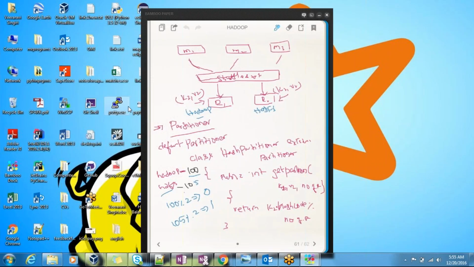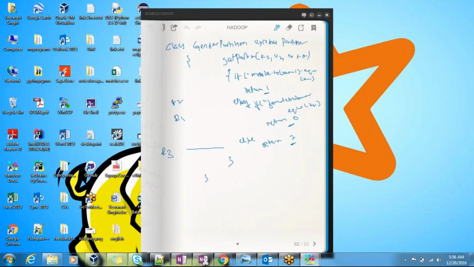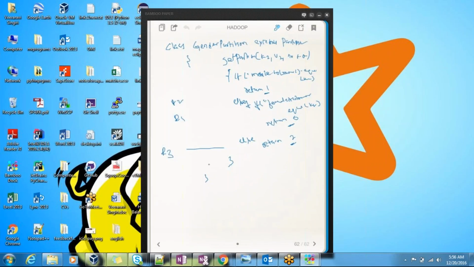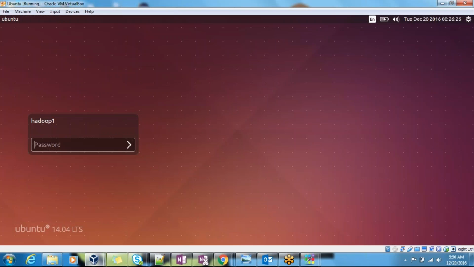That's the main question. Using a partitioner, after completing your mappers, as soon as the mapper output is completed, a partitioner will be executed. What that partitioner does is decide which key-value pair has to go to which reducer. Look at this, guys. We need to write our own partition logic. Let me show it in my code, then you can easily understand.